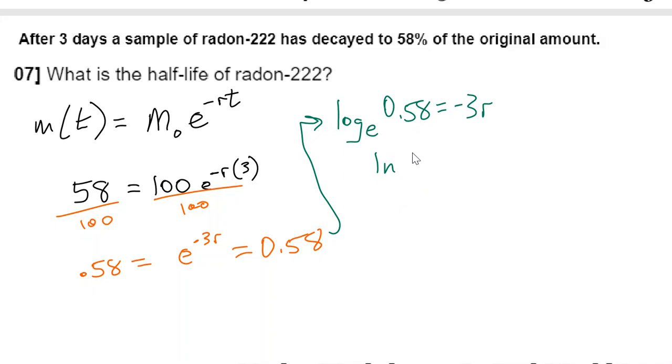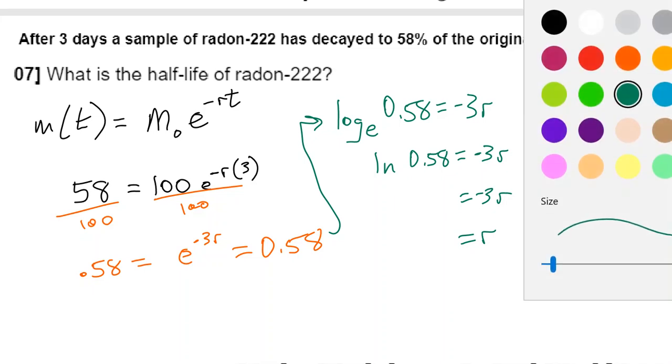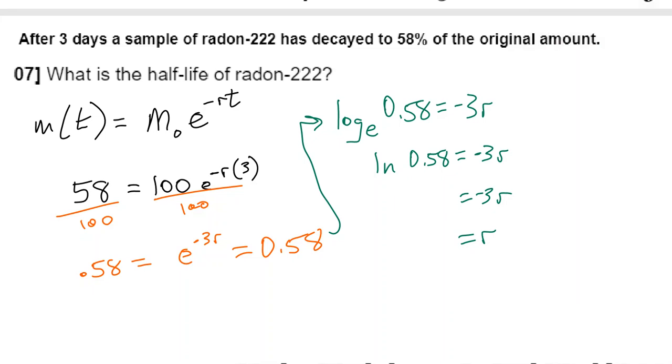That would be asking what is the natural log of 0.58, and then dividing by negative 3. All right, so natural log of 0.58 is negative 0.5447. And when I divide by negative 3, I get 0.1815,